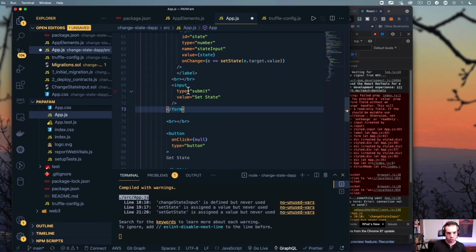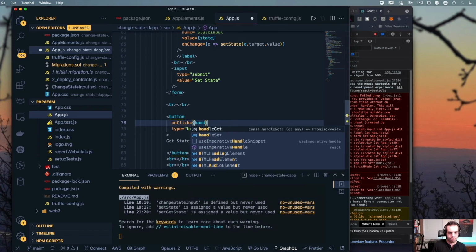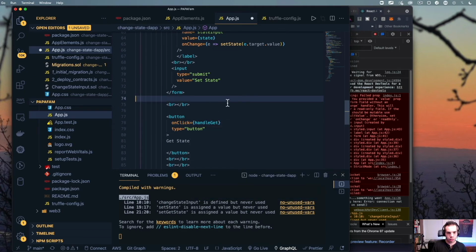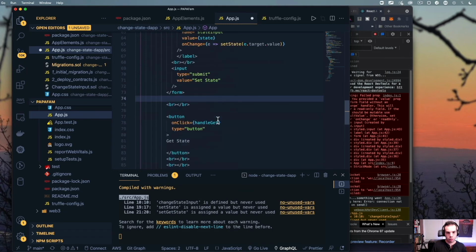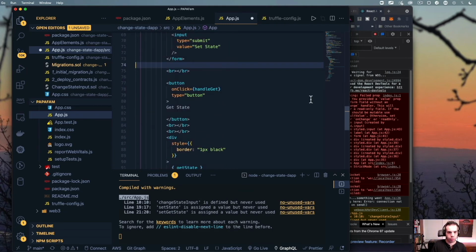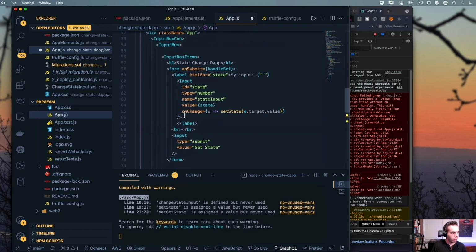Now for this onClick button, instead of onClick, we're going to say handle get. And that, of course, is what we're calling up here. So that's that read. So to get data from the blockchain, and then we're basically requesting data from the system that we create with Truffle. So, or really it would just be the blockchain in general, but yeah, handle get. And then that's the button, and that's our get state button. And then when we get state, that's going to be there. So these are pretty much all of the functions that we're going to need to